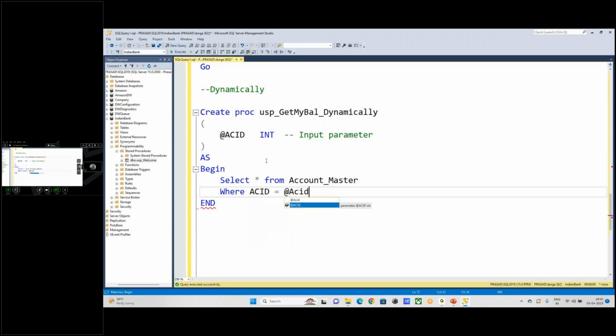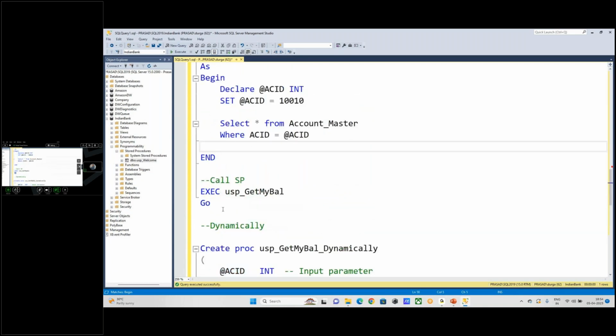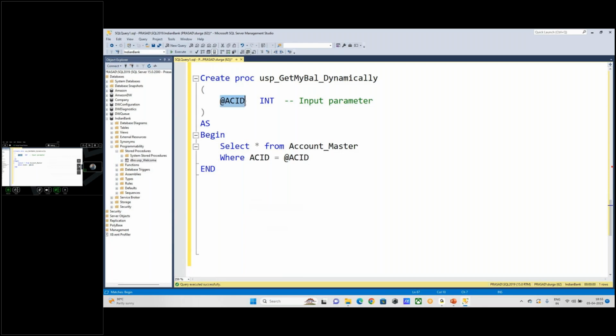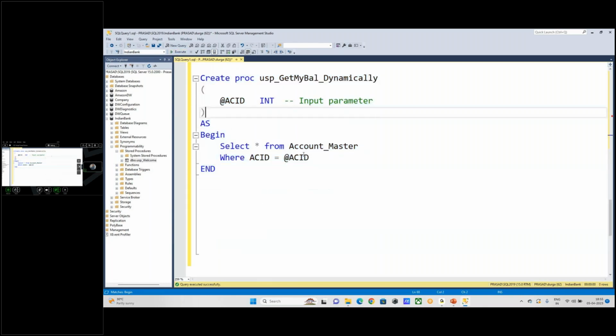Okay, this is that. Not this one. This has closed here, the variable has closed here. So this is the new one. This is the parameter actually. Okay, so now let me create this. Created. So now the code is stored in the RAM. Okay, so when I call exec sp,